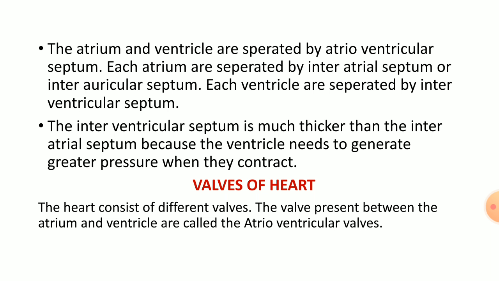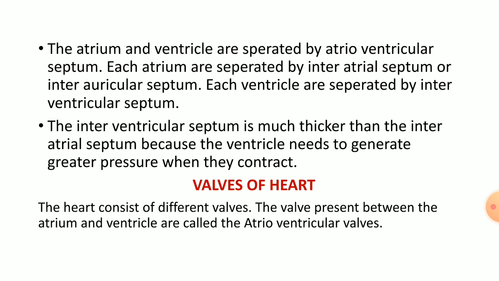That is, there is a pair of atria, the right atrium and left atrium. The right and left atrium are separated by the interatrial septum, and the lower two ventricles, the right ventricle and left ventricle, are separated by the interventricular septum. Both the atria and both ventricles are separated by the atrioventricular septum. The interventricular septum is much thicker than the interatrial septum because the ventricles need to generate greater pressure